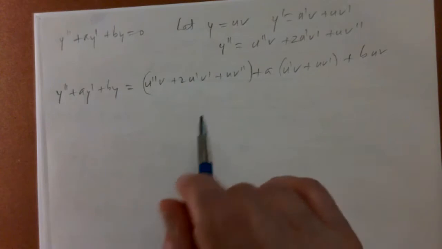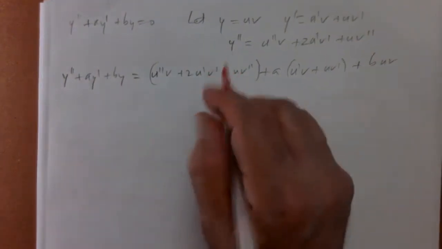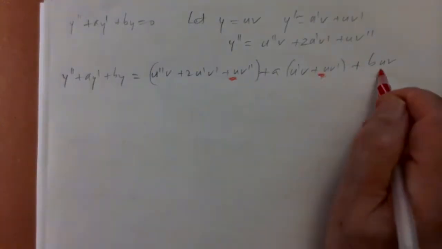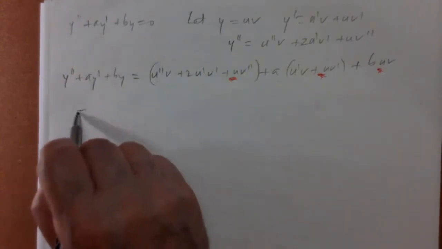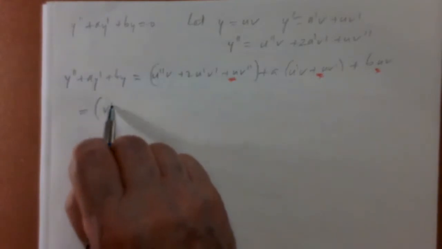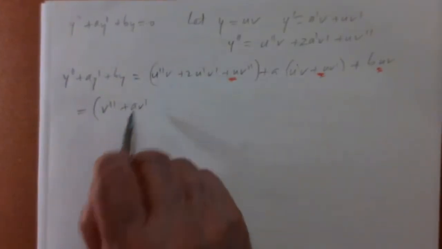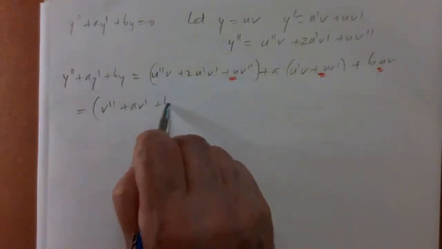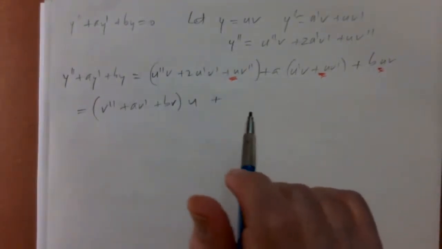Now, I have some terms that just involve a u. Here there's a u, here there's a u, and here there's a u. So let me take those three terms and factor out a u. So this is v double prime plus a v prime plus b v, times u. And